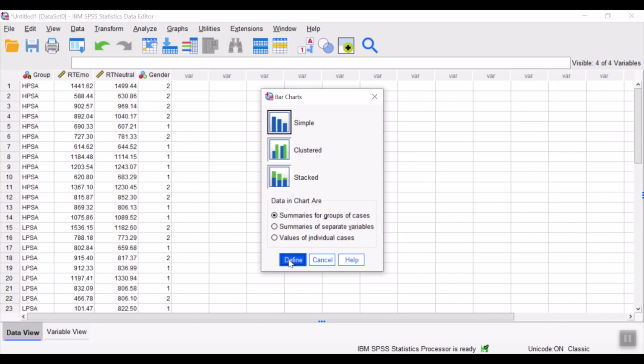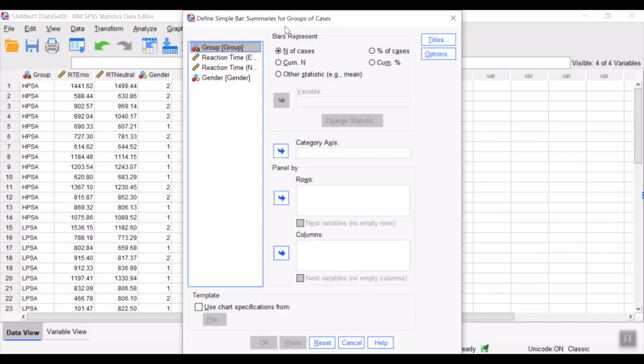I select define. So you could set your bars to represent the number of cases or the frequency, the cumulative frequency, the percentage, the cumulative percentage, or other statistic of interest. So I would just select N for the number of cases or the frequency. Now I'm only interested to create a bar graph for the variable gender,